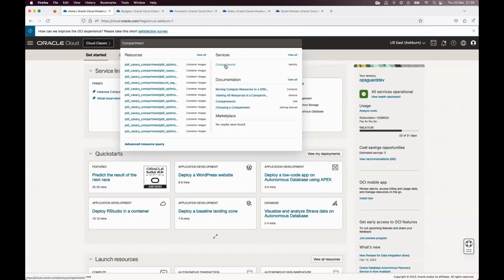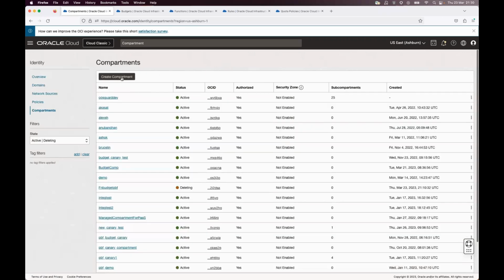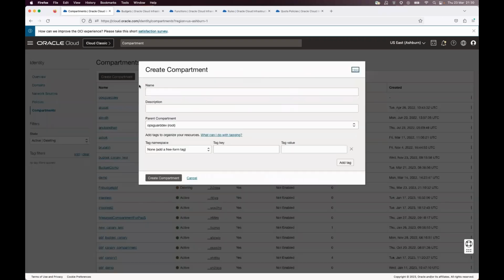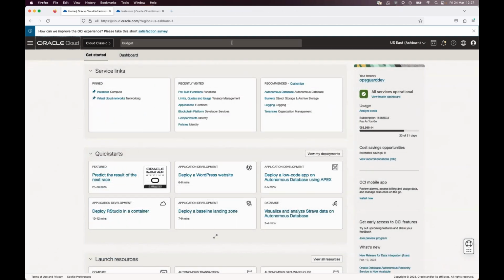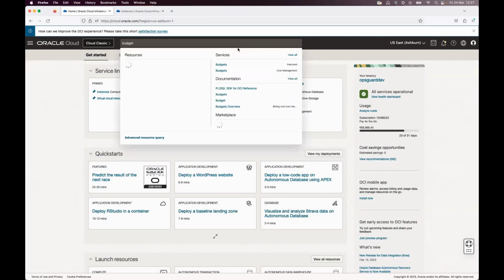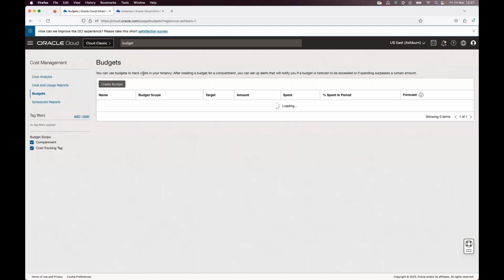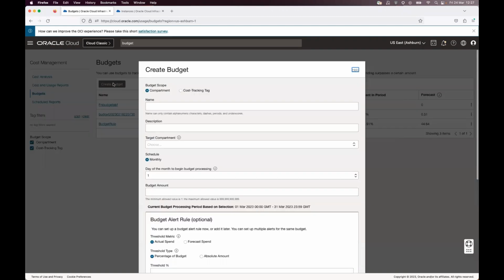Let's go create a compartment. Apply the description. You can map it to a specific parent compartment and then click on create. Let's now create a budget alert. We can do this by searching for budgets on the search bar, selecting the create budget option and picking the scope,